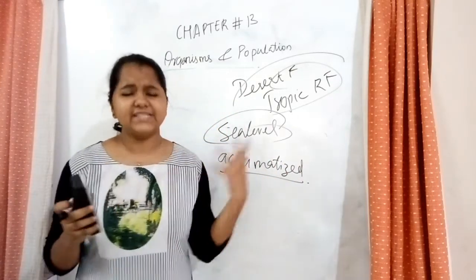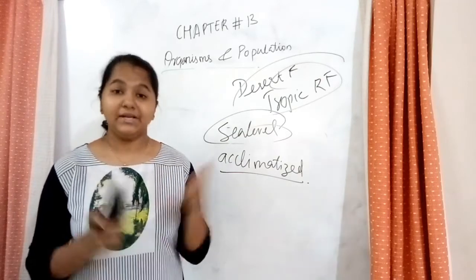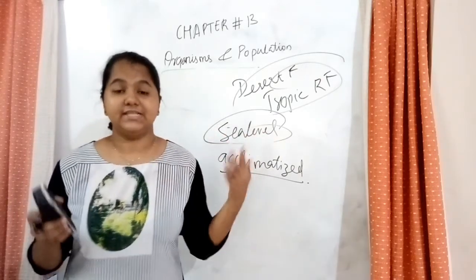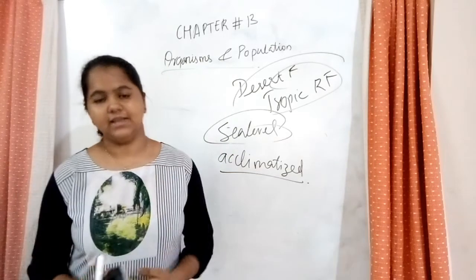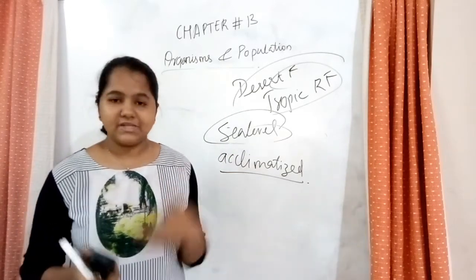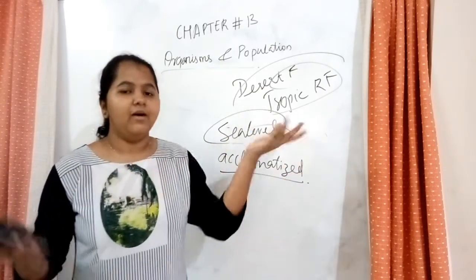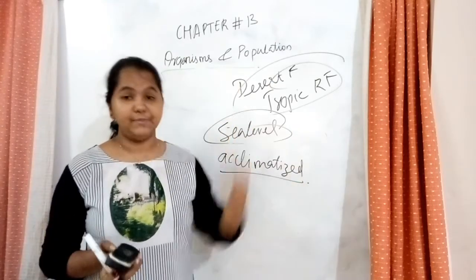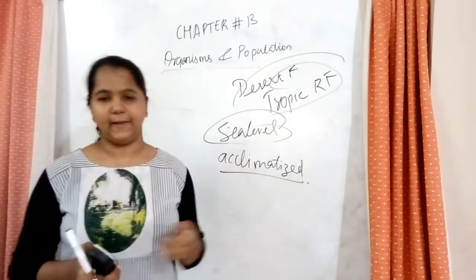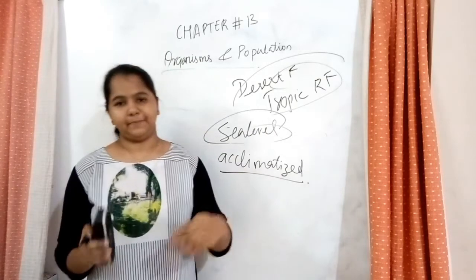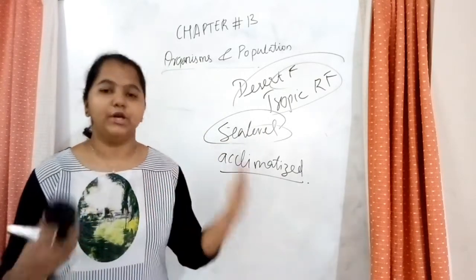So there are various adaptations for all of us. Some are genetic, like being born with a tail. Hippopotamuses have thick skin, and some animals have long tails so they can shoo away small insects that come by. There are so many adaptations in our bodies as well as in the bodies of other organisms.